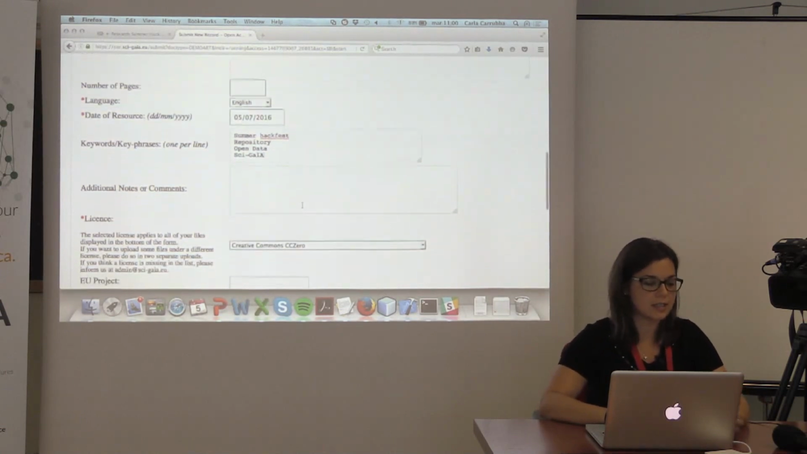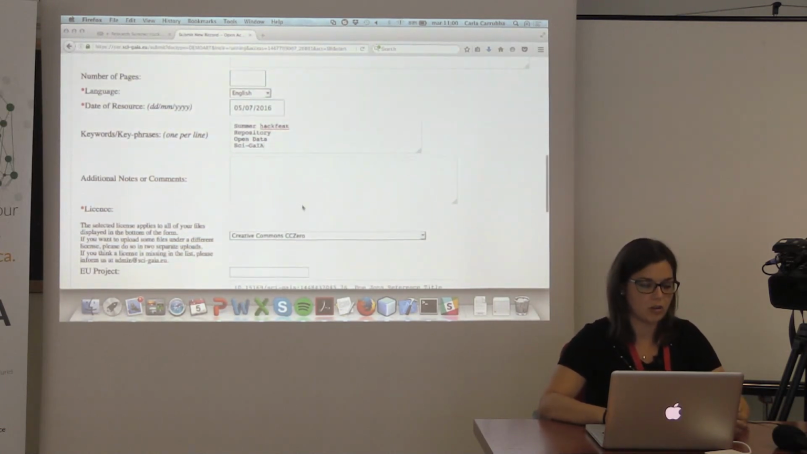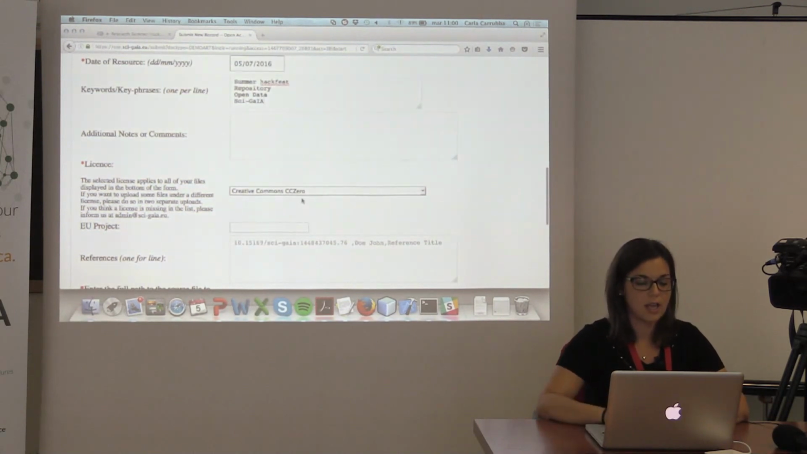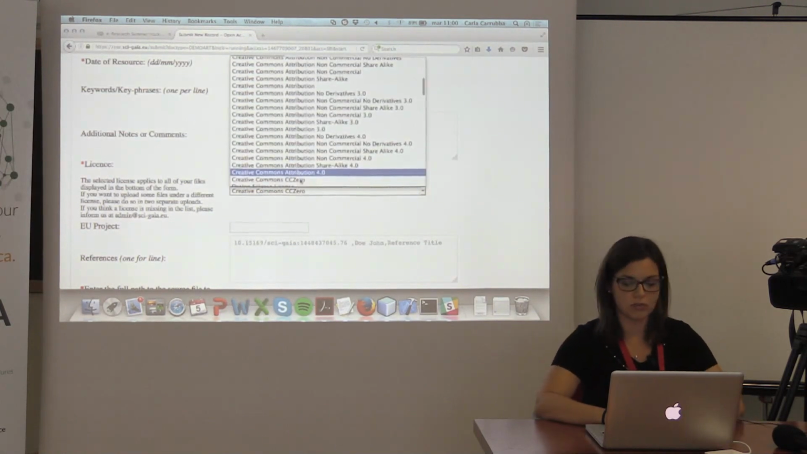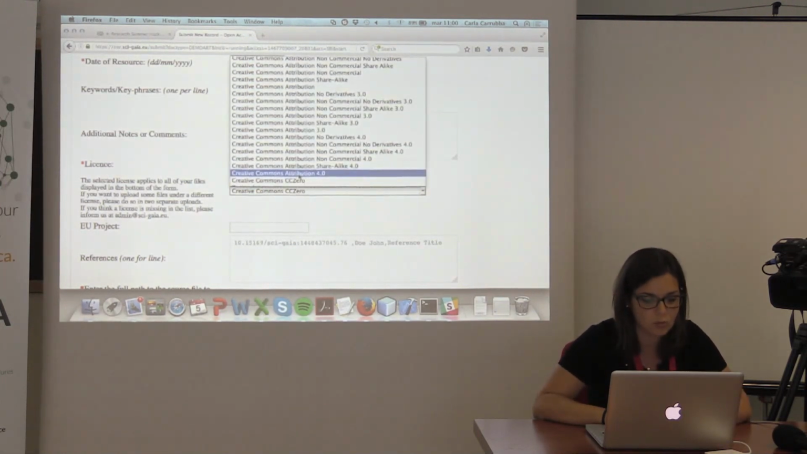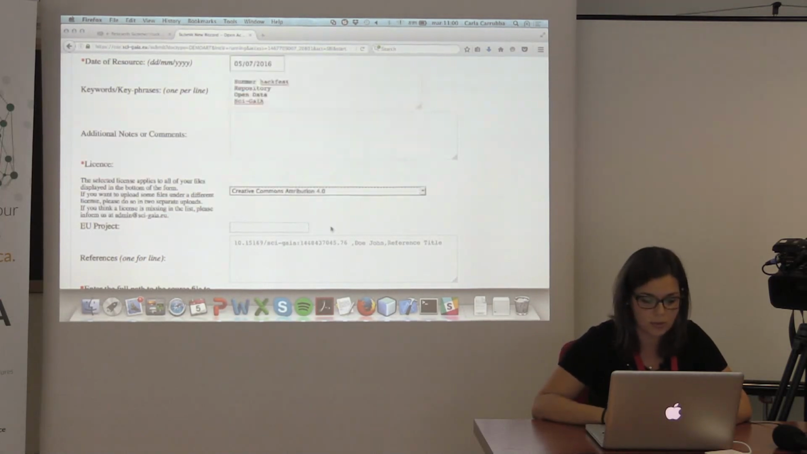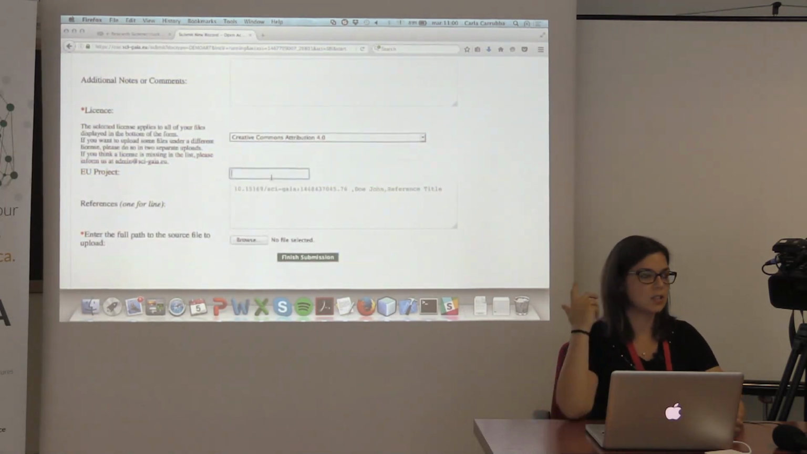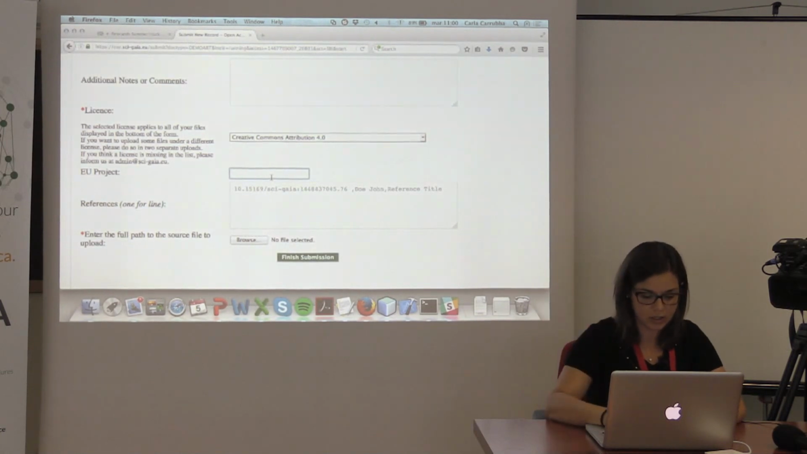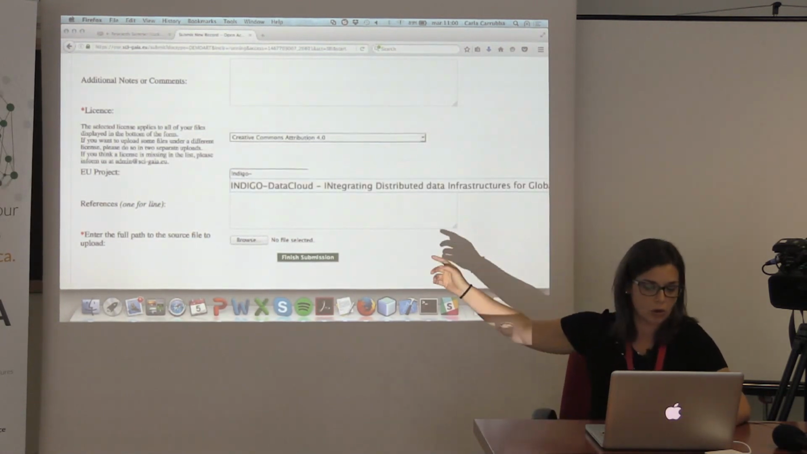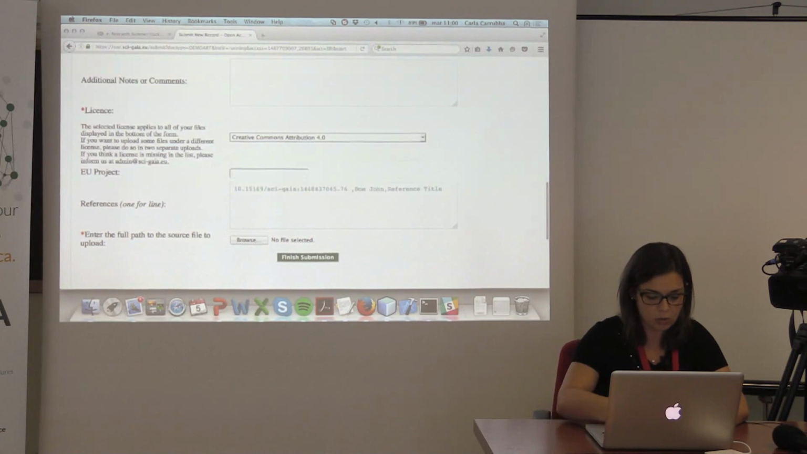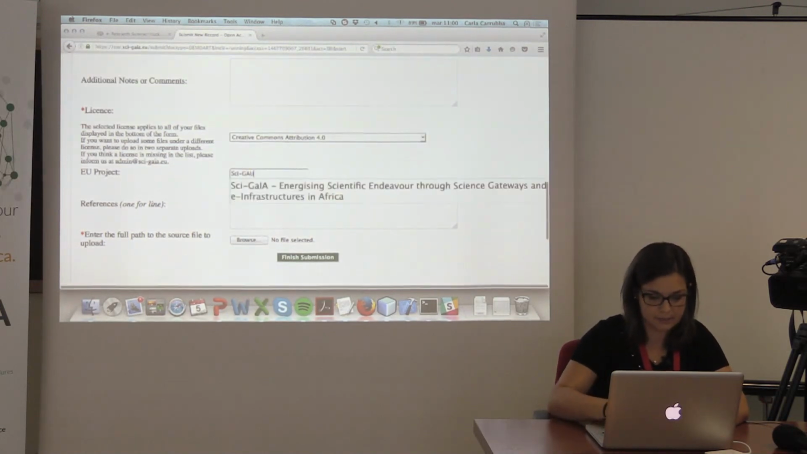You can insert additional notes or comments to assign to your resource. An important field is the license. In our case, you can select a license from the list. We use the Creative Commons Attribution 4.0. Here you can insert the EU project. You can find many projects, for example, Indigo. And the system retrieves the complete name of the project, but in our case, we will use the Sci-GaIA